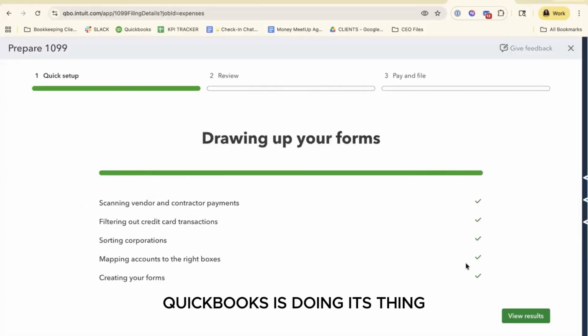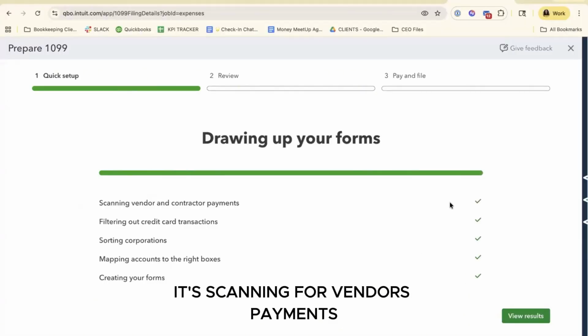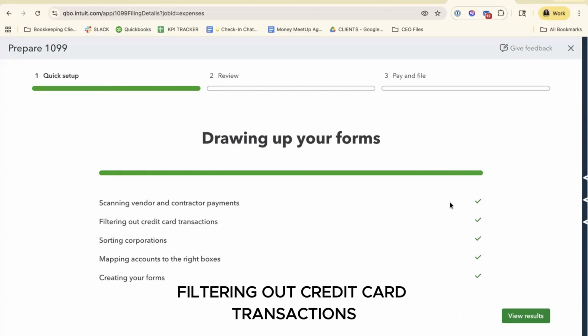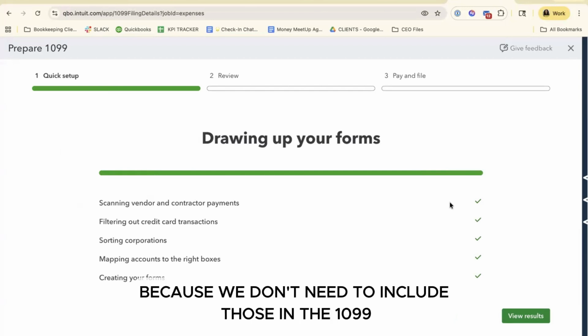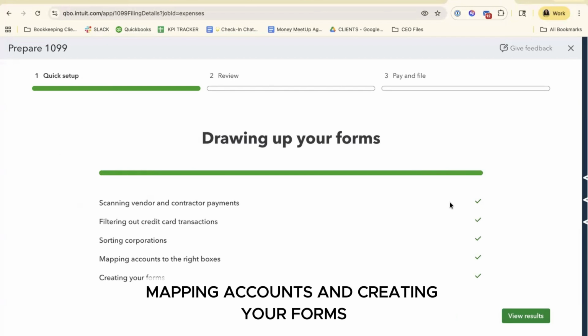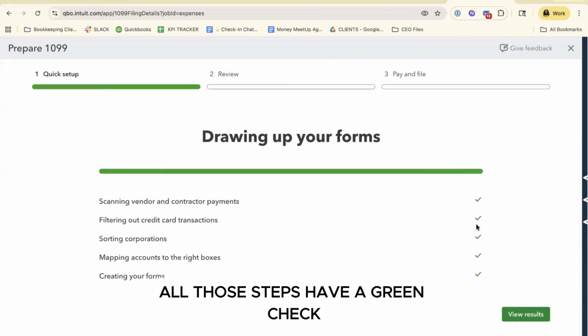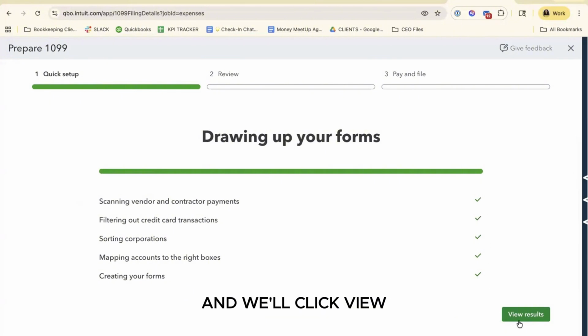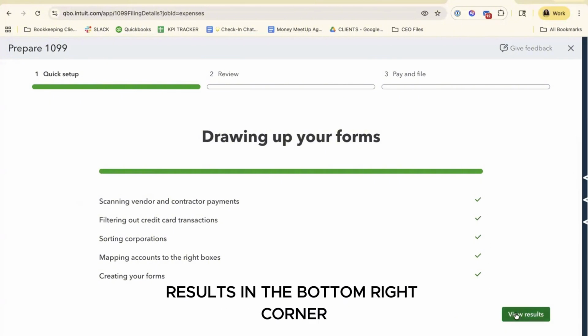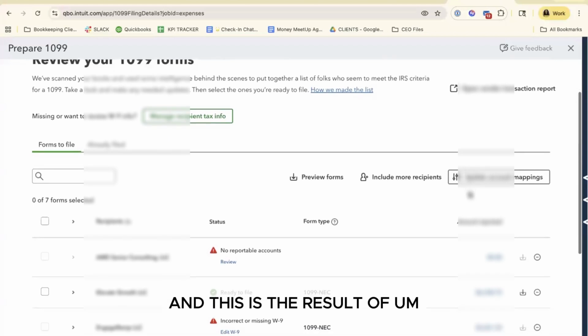QuickBooks is doing its thing. It's scanning for vendors, payments, filtering out credit card transactions because we don't need to include those in a 1099, mapping accounts and creating your forms. So it goes through that process. All those steps have a green check, and we'll click view results in the bottom right corner. And this is the result of